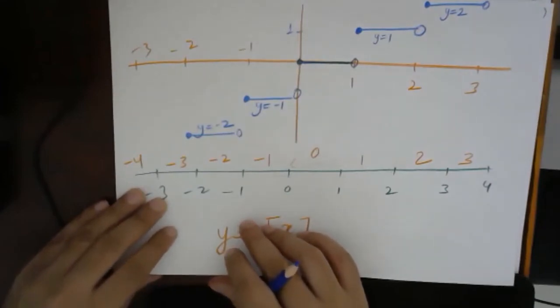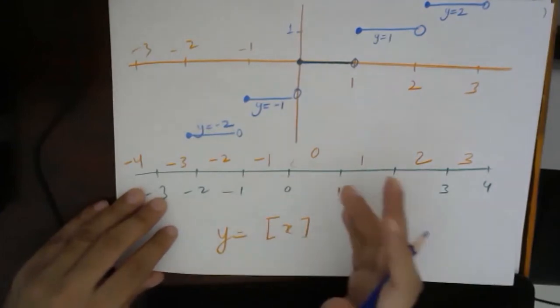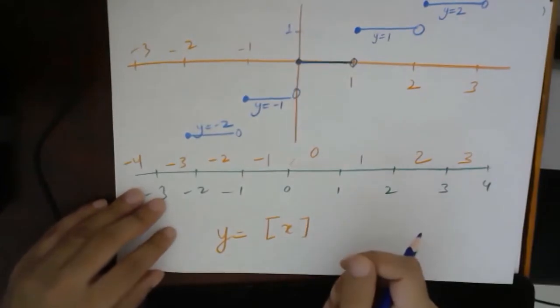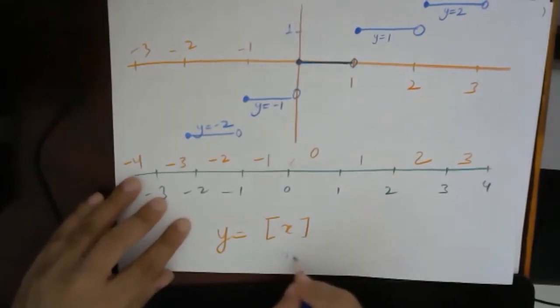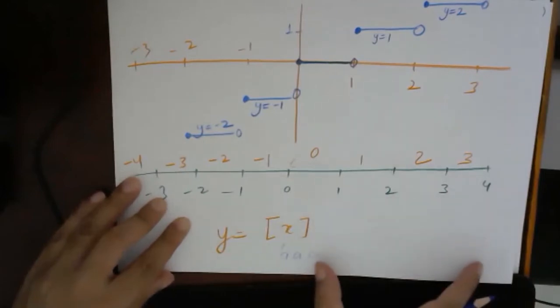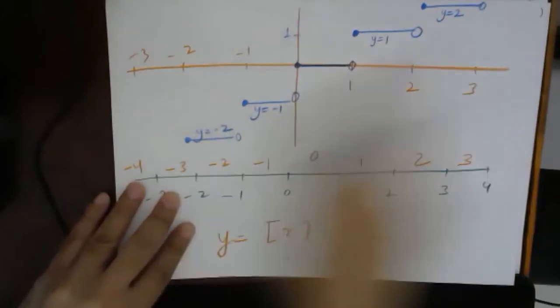Yes children, infinity will also have an integer part, but infinity we do not know the exact value. If you tell me the exact value, then I can tell you the integral part. Suppose 9999999 something. So the integral part, this will be a number, right? Okay. So I'll draw this function, this part once again. Try to understand it. I'll draw it once again and explain it once again. Don't worry.